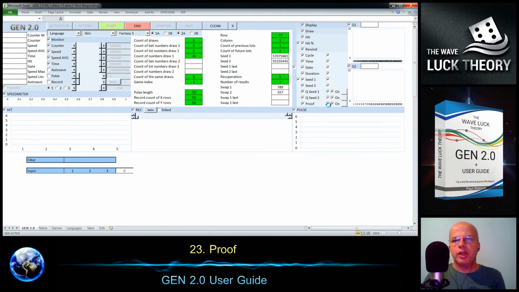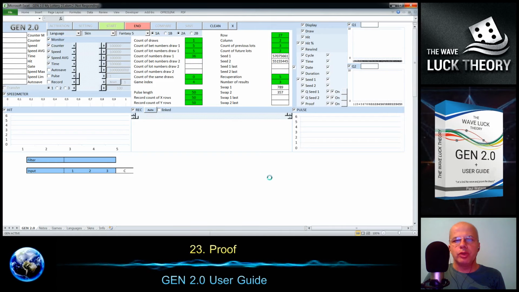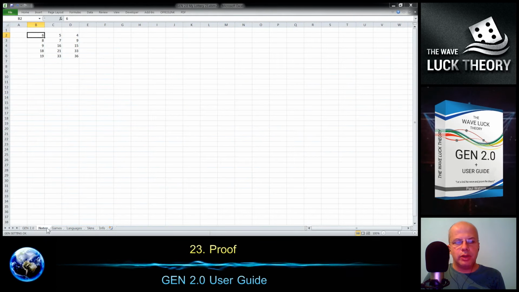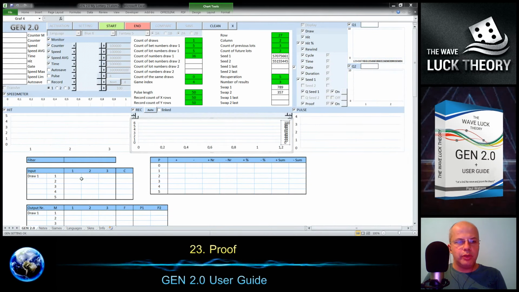If it is disabled, then it will be without this proof box, so no computation will be available here. So it's up to you how you decide. And in advance I prepared the numbers of this Fantasy 5 lottery, the last drawings.